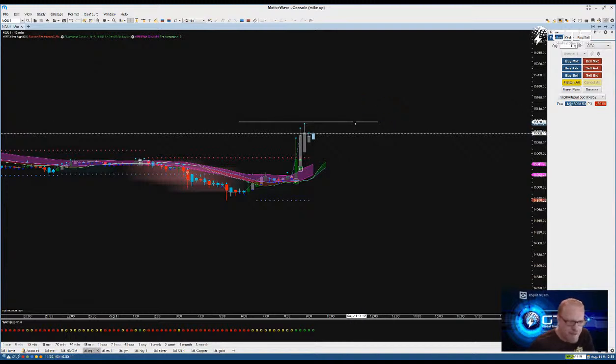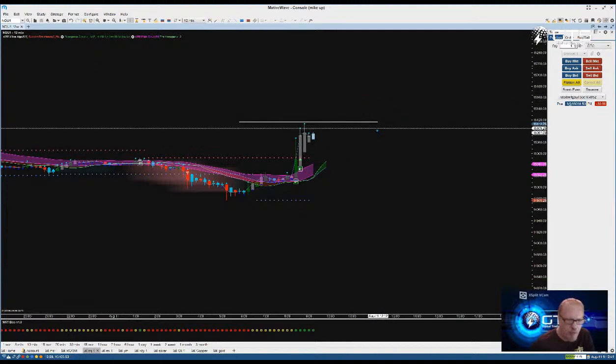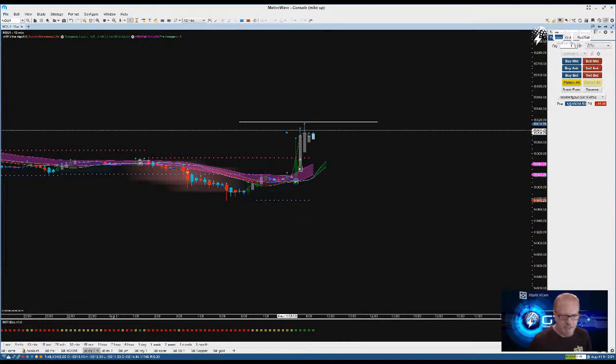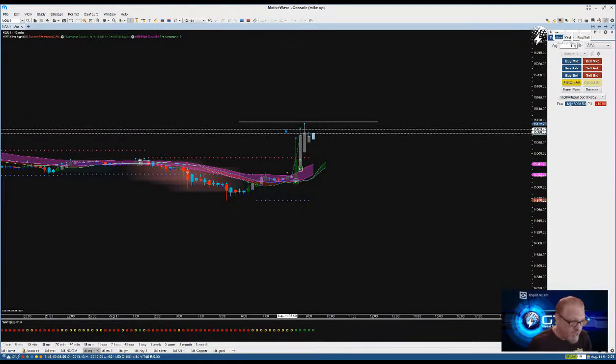If she breaks this 103 or 103.75 at the open, I will probably add a contract to it. And if I add a contract, I'll tell you. But right now, the 103.75, 103.25. 103.25 is where I made my entry at, right there at the top of the candle. 103.25, 103.75. Isn't that before the 104? Let's just put it that way.